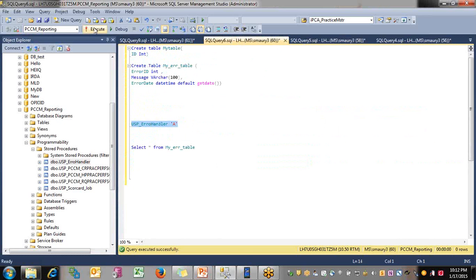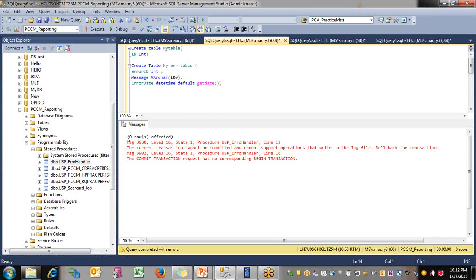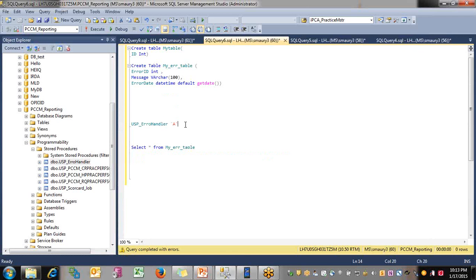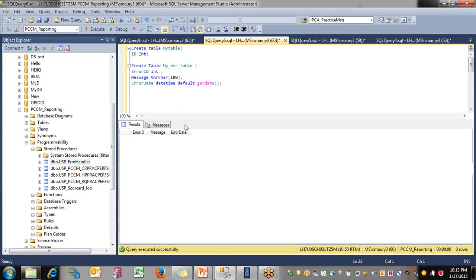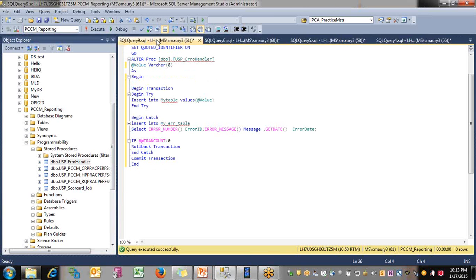If I insert A into it, okay, it says 0 rows affected, message 3930, level 16, state 1, procedure error handler, line 12: the current transaction cannot be committed and cannot support operations that write to the log file. Roll back the transaction. Commit transaction has no corresponding begin transaction. Okay, let's see. All right, we did 2 transactions here. That is why. Okay, now I understand why we were not getting the result in the first case as well,